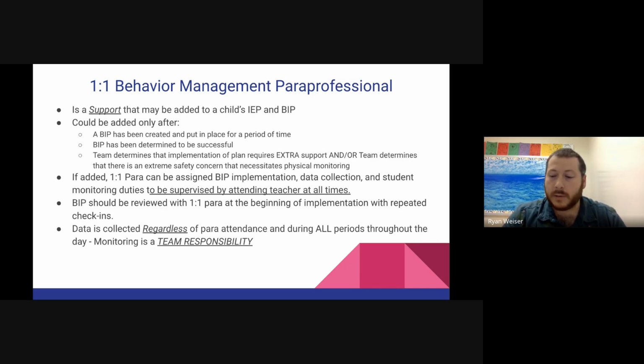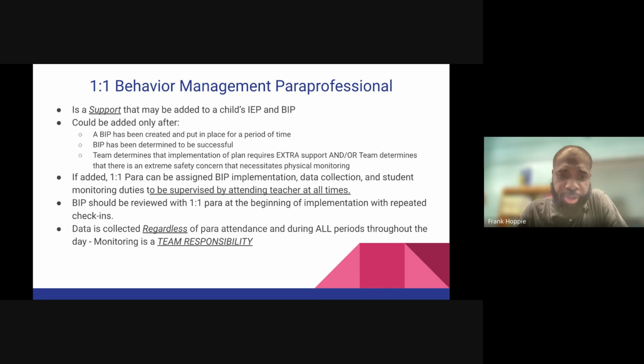I know sometimes we've come to that moment where the reason we have it in the first place, the whole process, is because we want to add a one-to-one to that student. But not every BIP needs that. Sometimes the plan is solid enough and works well enough that just the classroom team can normally integrate it into the day and take care of it without extra support. That is not always the case.